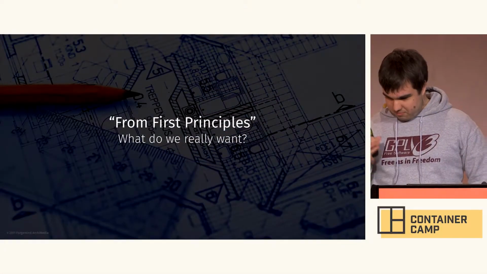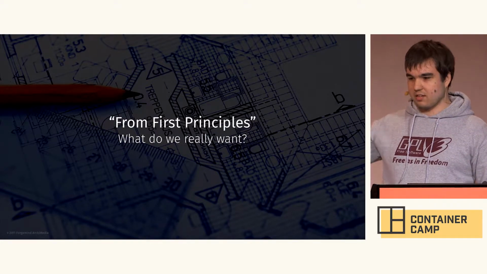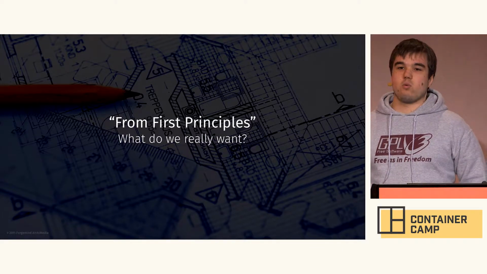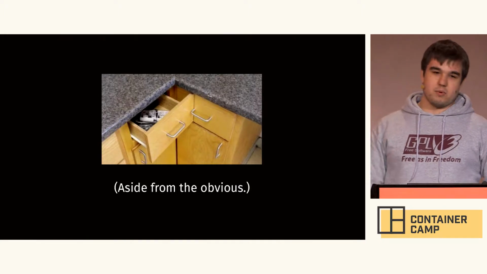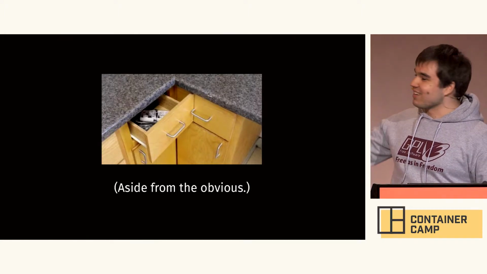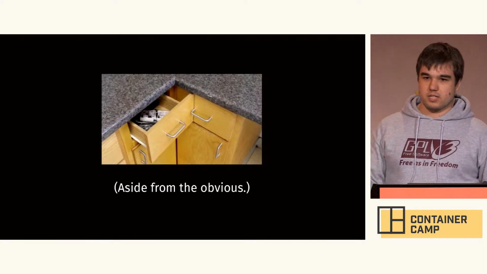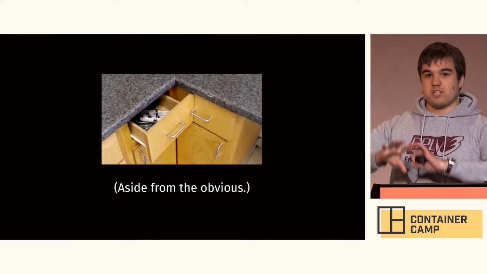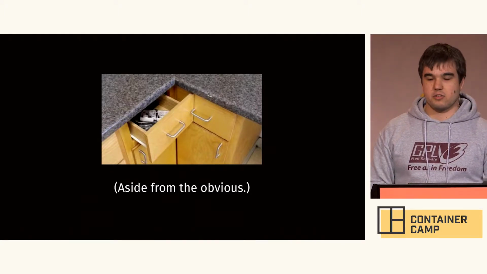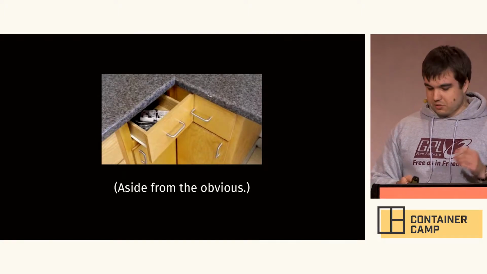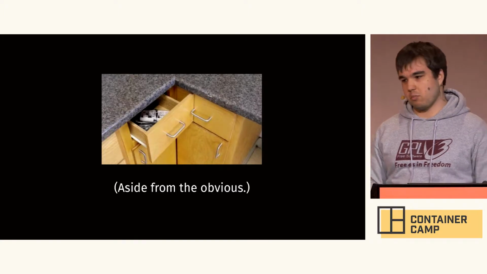Before I start talking about what's wrong with the current way that container images work, let's first start with a first principles approach of what we really want when we think about a container image. There are some obvious things that we want, such as that the image will be self-contained, meaning that the image represents your entire file system for your container, and that it's not machine dependent, so you can actually move it around. But there are a couple more nuanced things you probably want from a